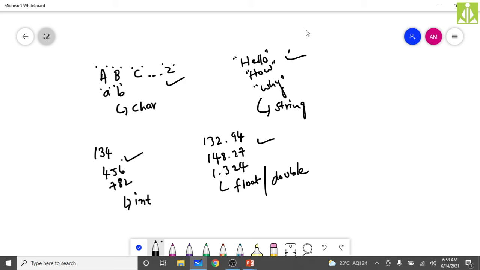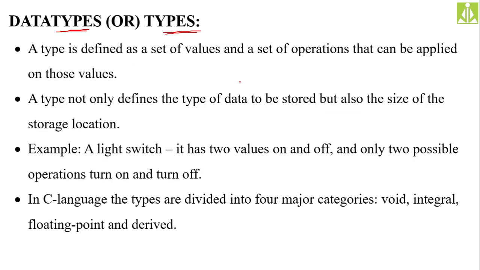Simply what I mean to say over here is, whenever you are taking a type of data, its nature, its behavior is different. So you can take numerical values to perform arithmetic operations and calculations. But when it comes to strings, you can use them to store names and other related information. In order to store such type of thing, you can go with strings. So this is about the nature of the type of data that I have just now explained.